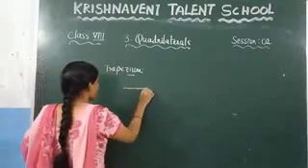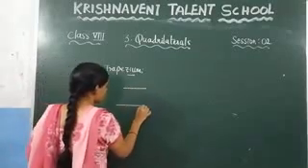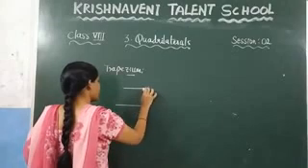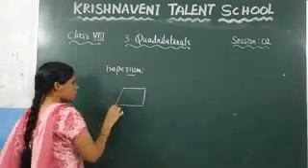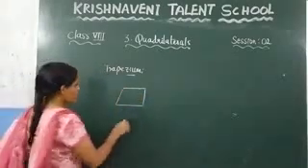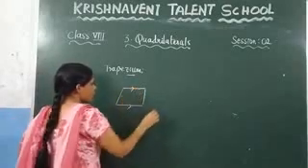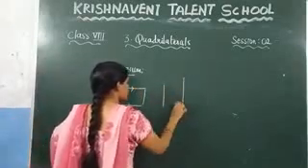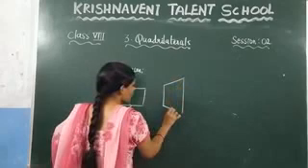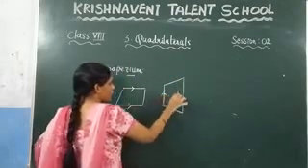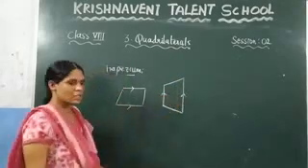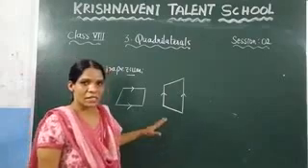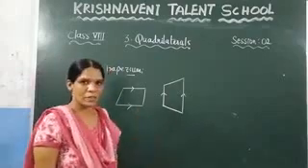So here you can consider this one. You know that these two sides are parallel, and here if you consider this one, this is nothing but the trapezium. Here you can observe that these two sides are parallel. Similarly, you can take this one. Here also which sides are parallel? These two sides are parallel. That means if one pair of sides are parallel, then we call it a trapezium.